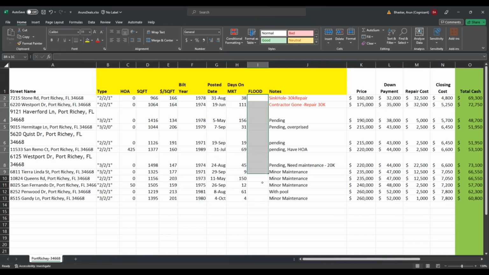Sure. So this is to see if it's a flood zone. If it's a flood zone, the insurance will generally be pretty high. Yeah. So I'm trying to be outside that flood zone area. Okay. All right. And then a little bit of comments here based on what I see on the pictures or